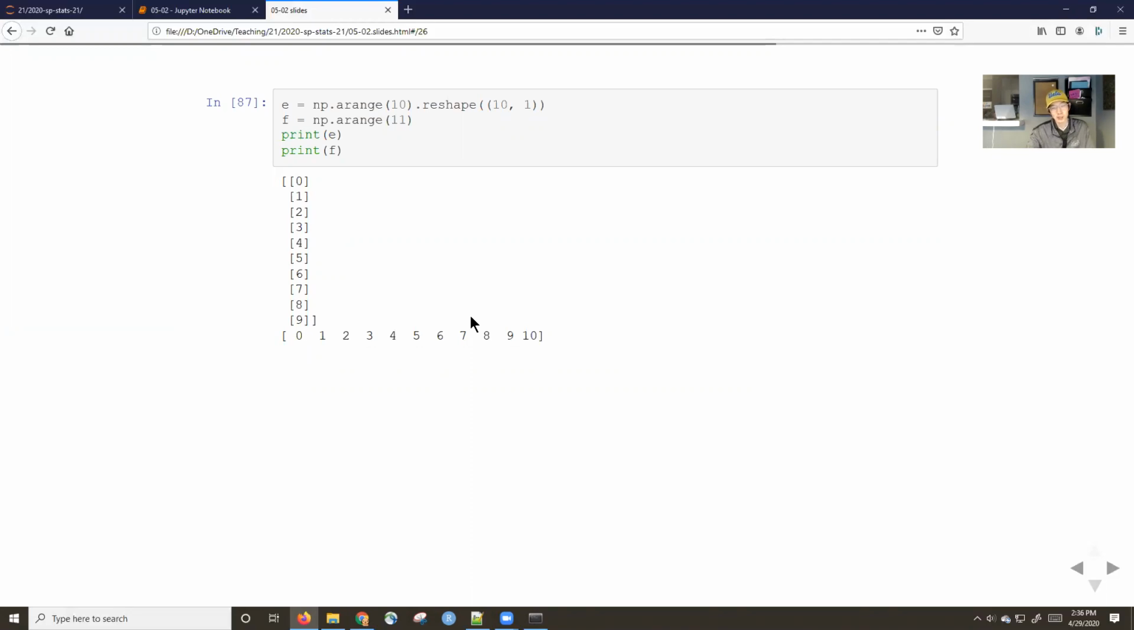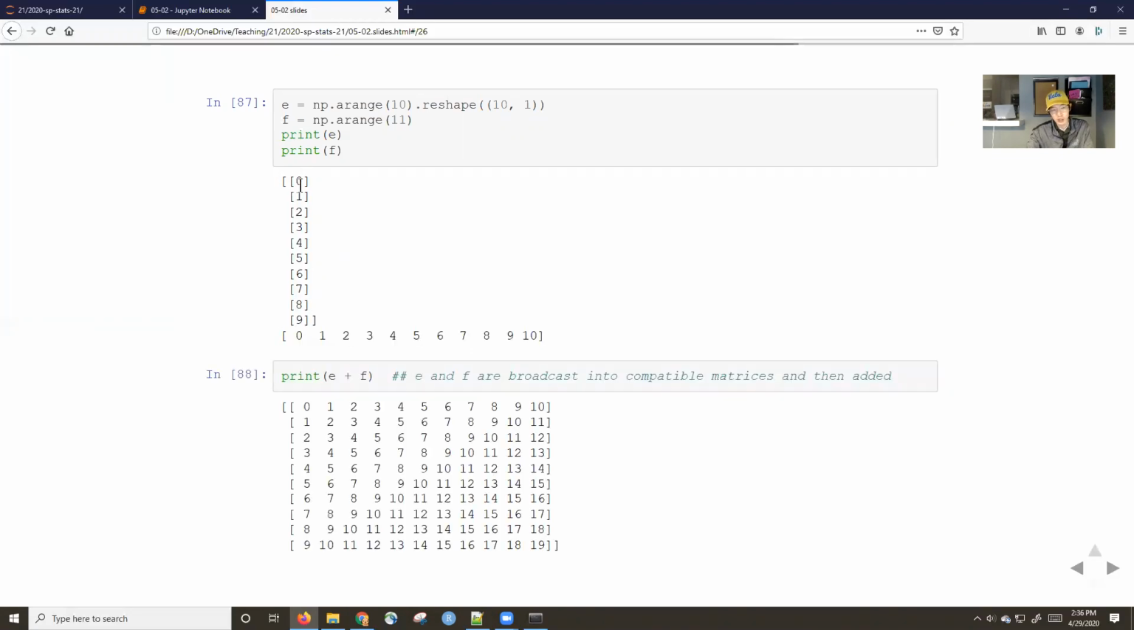Okay, what it's going to do is it's going to say, hey, this is length 11, this thing is 10 by 1, and it's going to broadcast them into compatible dimensions and then add them together. So it's going to duplicate these columns so that there will be 11 of them, and it's going to duplicate this so that there's going to be 10 rows. And then it broadcasts this into a 10 by 11 matrix, and it will broadcast this into a 10 by 11 matrix. Right,